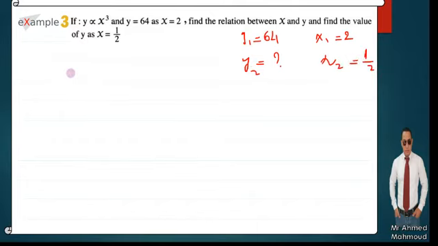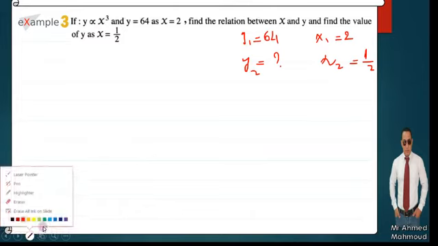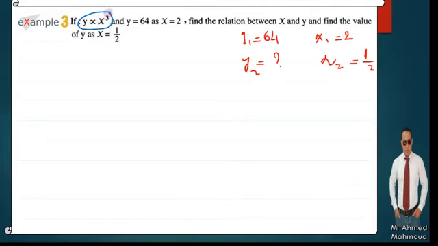Now, since y varies as x power 3, therefore y equals m x power of 3. Therefore, by using 64 and 2, then 64 equals m times 1 over 2,